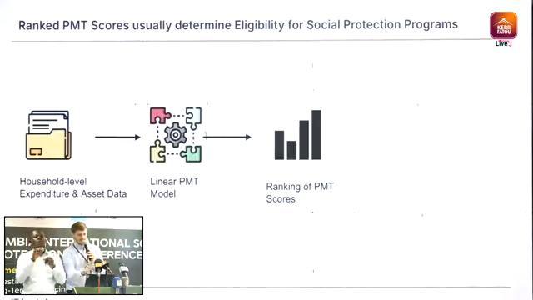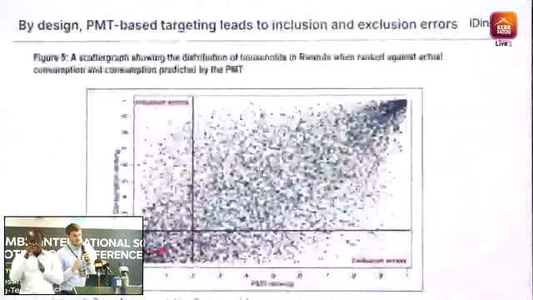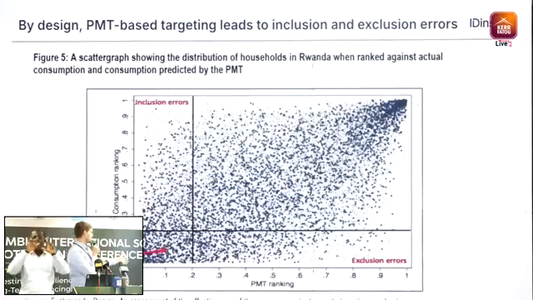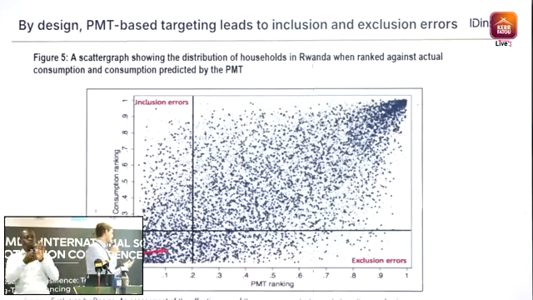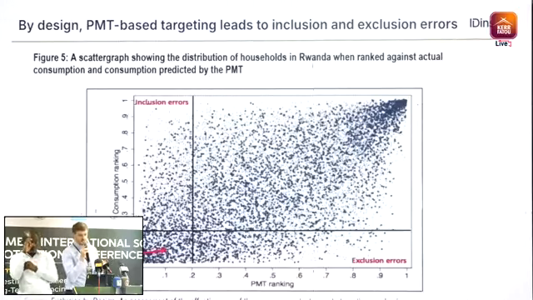So this is basically just giving a sense of how these models work. And visually, what this looks like is illustrated in this graph. What we see on the horizontal axis is, again, these predicted scores of wealth in the population, and the vertical line is indicating the poorest 20%. So everybody to the left of the vertical line is who we would like to include in the program according to our targeting exercise. And what the authors in this work did here, this is an example from Rwanda,